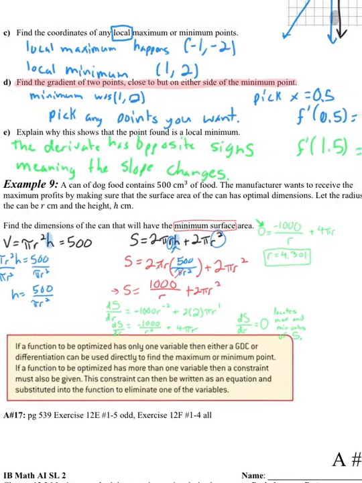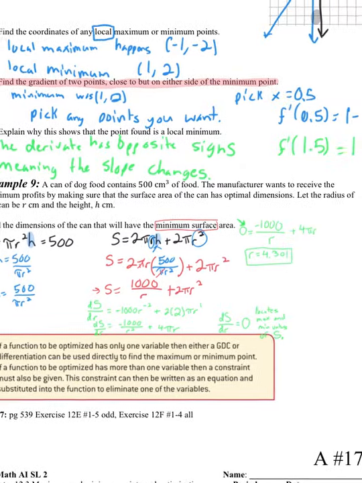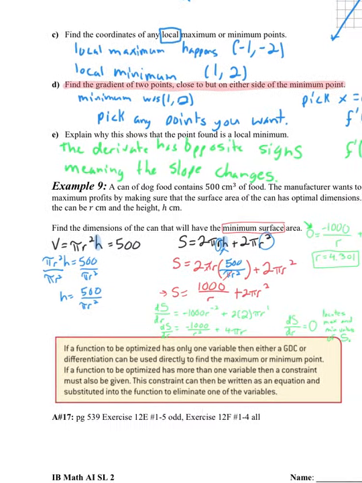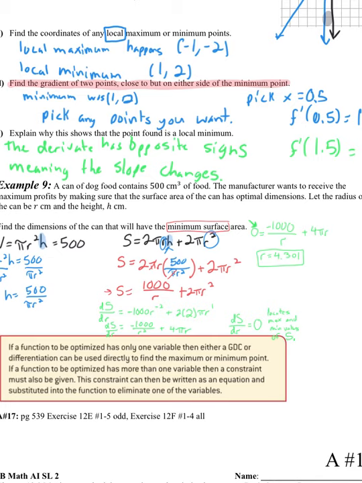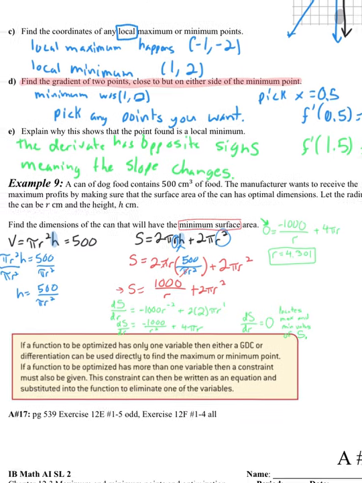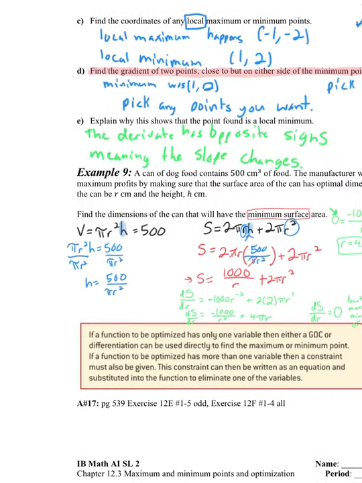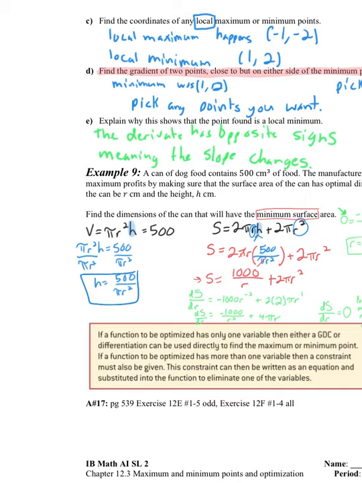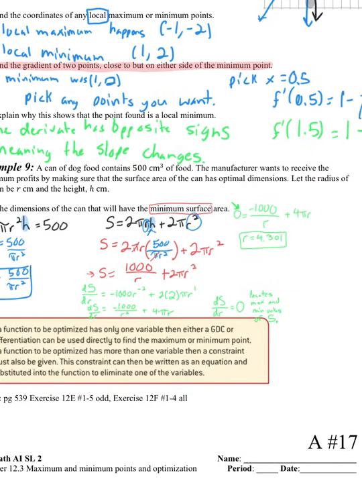Okay, it says the manufacturer wants to minimize this. Let the radius of the can be r. Find the dimensions of the can. So we found the radius. Now I want to find the height. So I can go back, once the radius is found, to my original equation here and plug in. h equals, what is it, 500 over pi